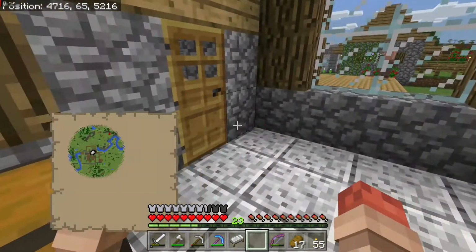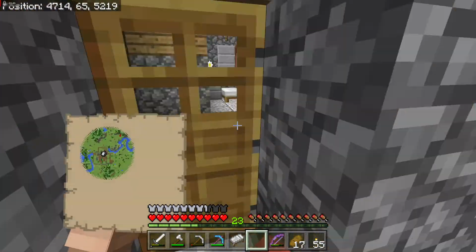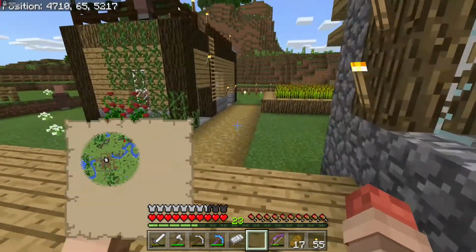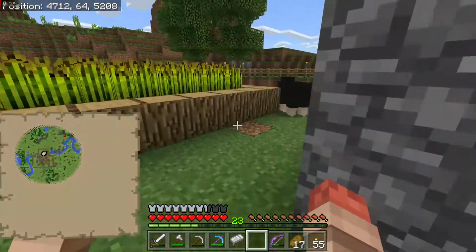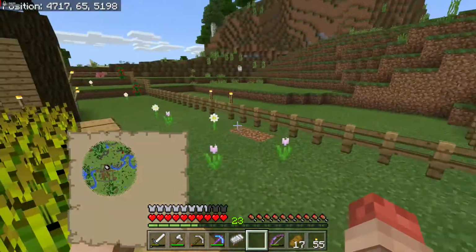And then as you walk around, shut the door so the sheep can't get in. The map fills it in. It fills in for you as you walk around and discover the land. So what we'll do is,